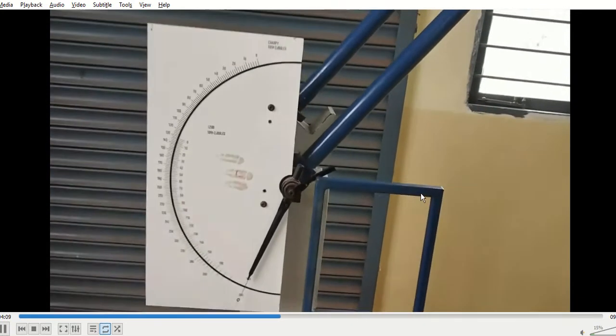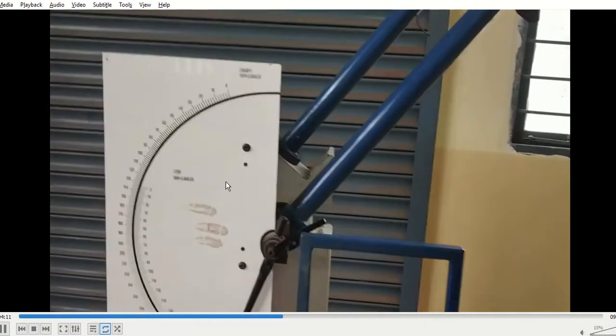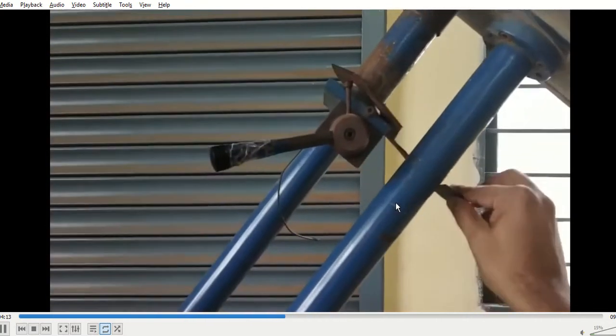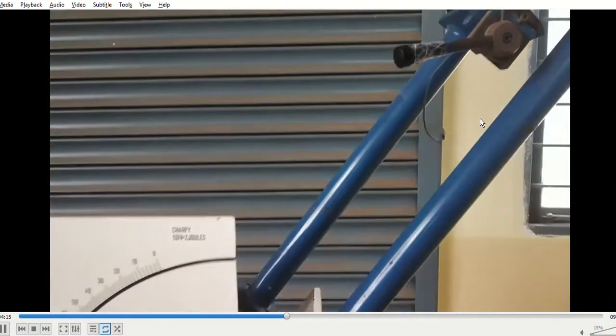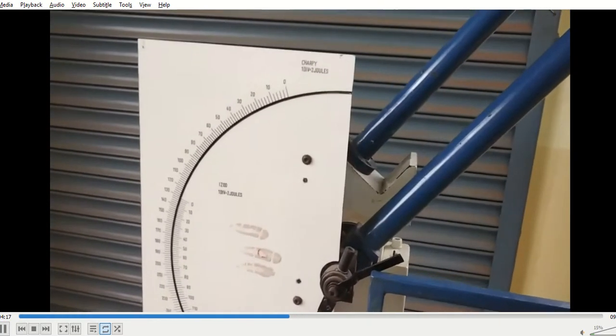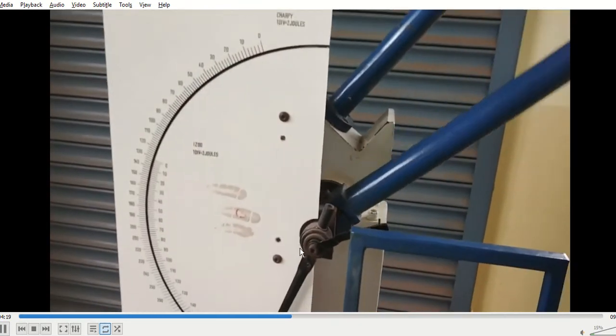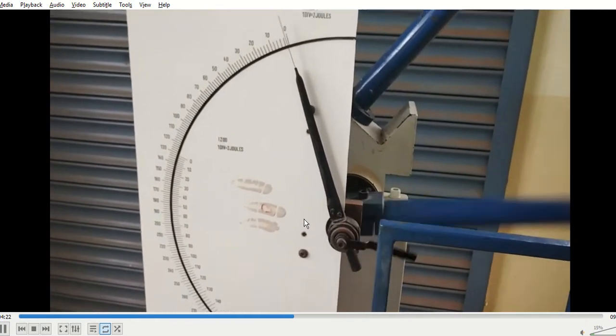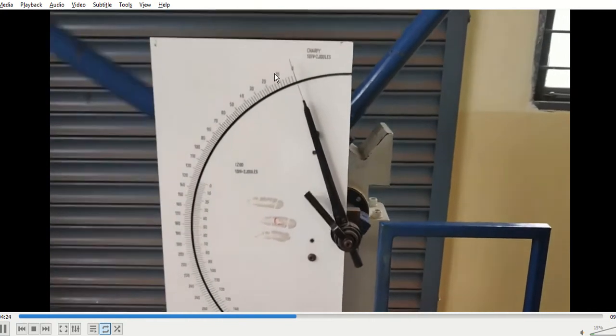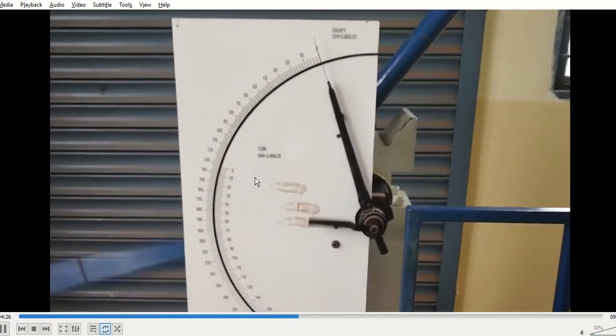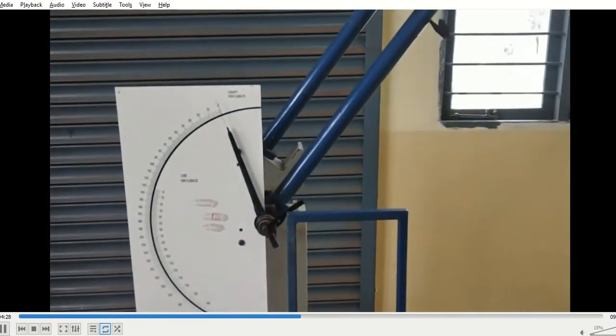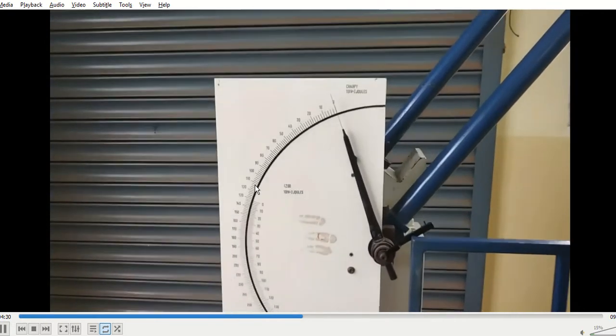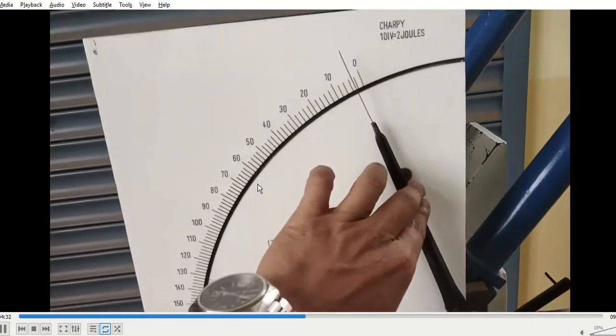To start with, we need to do the friction loss test. So we will be releasing this without any specimen put over there. We will remove the lock, and we are releasing. You can see we have released that, and the reading is 0. That means the friction loss for this machine is 0. We already did these steps in the virtual lab. I'll just show the steps later.